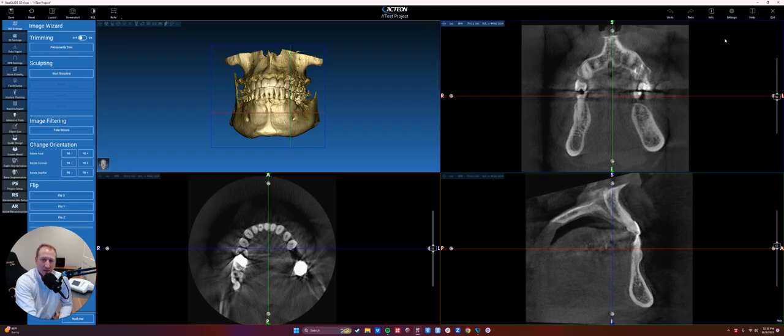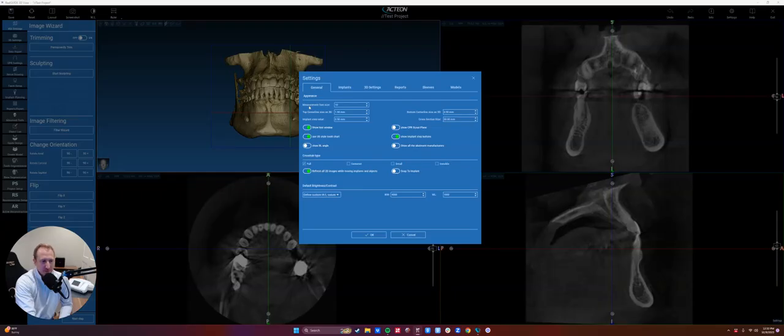So while we're here, let's go into the settings button. Inside of our settings, we have quite a few settings. Generally this doesn't need to be touched more than the first time, once you're comfortable with what your settings are. But you can change things like font size. You can change implant step value, so every time I tell it to go to a bigger implant, that's how much bigger it's going to go. There are things like the hint window, which is used for implant planning as well,